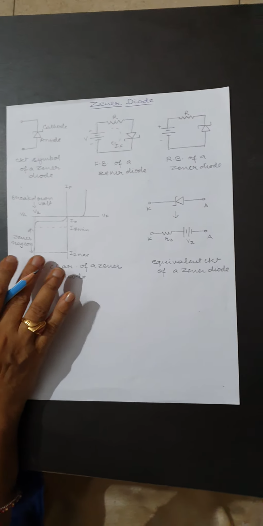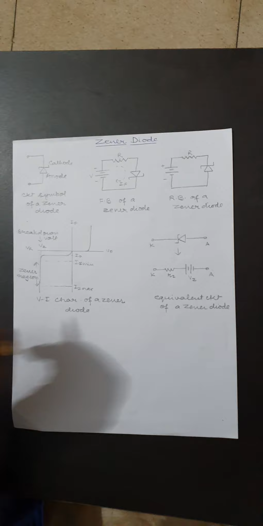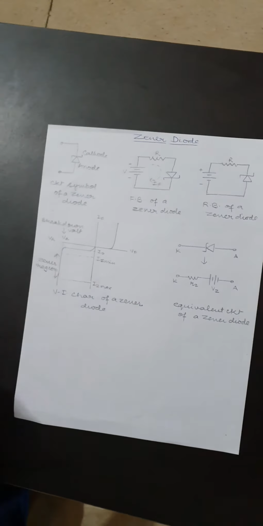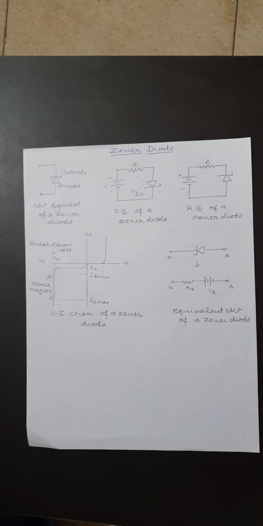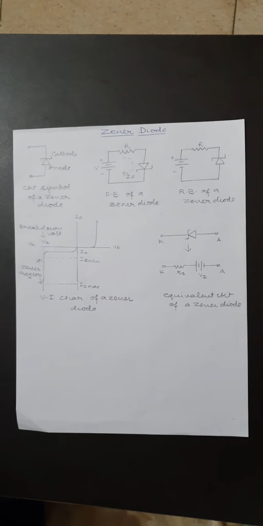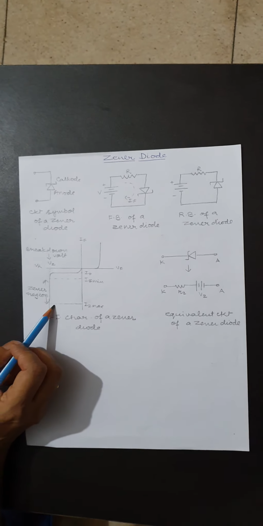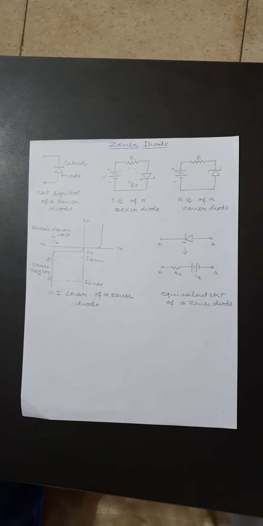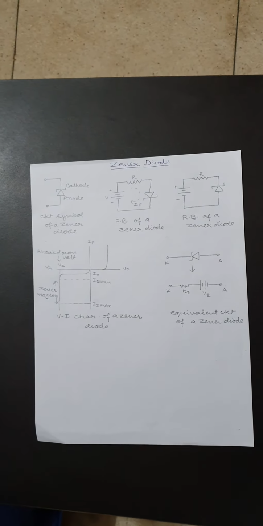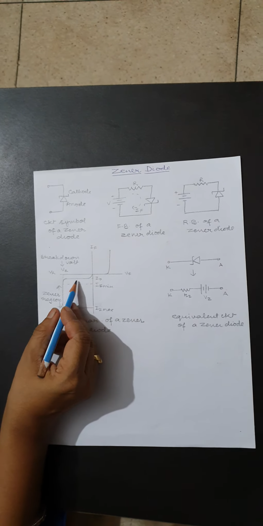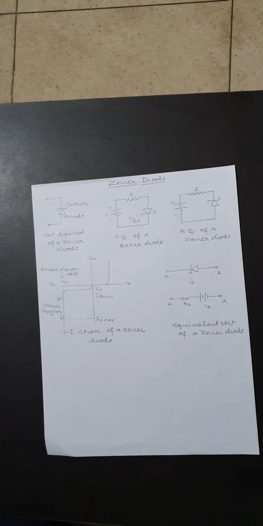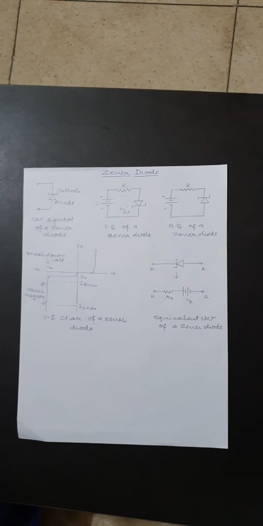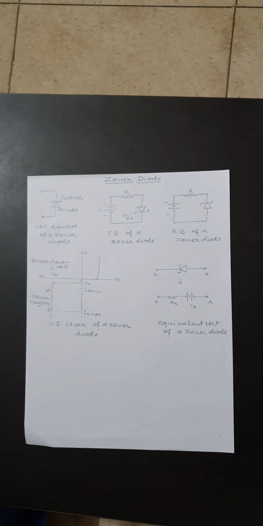The VI characteristic of Zener diode is divided into two parts: forward characteristic and reverse characteristic. The forward characteristic of Zener diode is shown in figure and it is almost identical to the forward characteristic of PN junction diode. The reverse characteristic of Zener diode is substantially different from that of PN junction diode. As we increase the reverse voltage, initially a very small reverse saturation current, which is in microampere, will flow, and this current flow is due to thermally generated minority carriers.